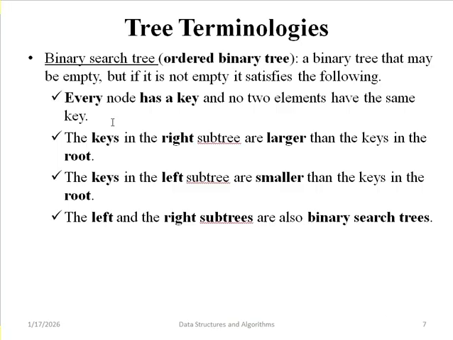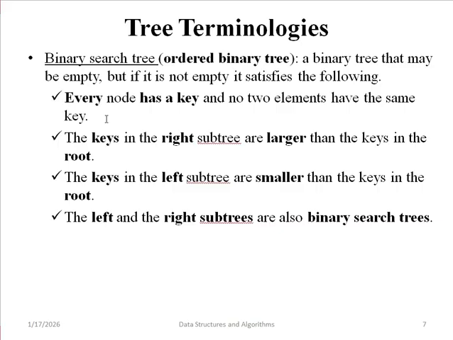The first one: every node has a key and no 2 elements have the same key. So if a key attribute is attached to each node of the tree,